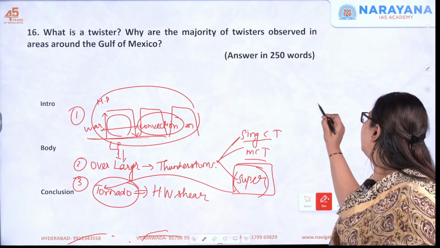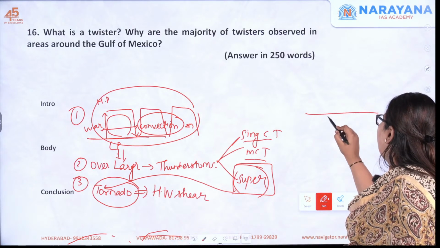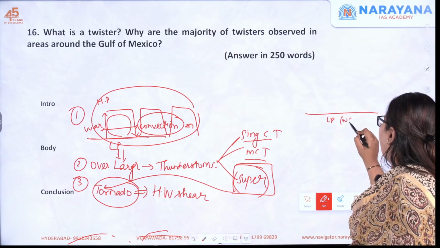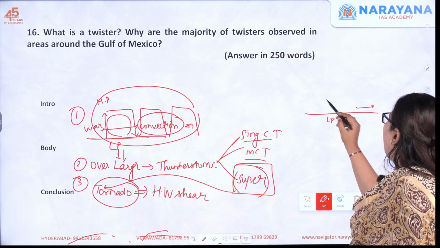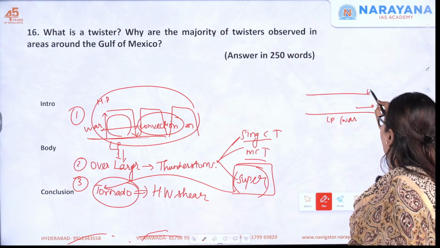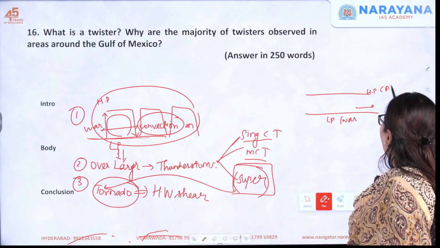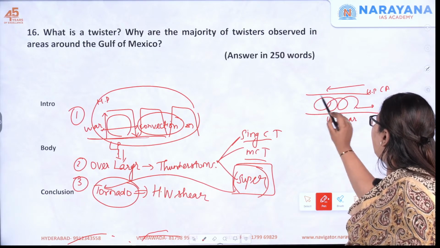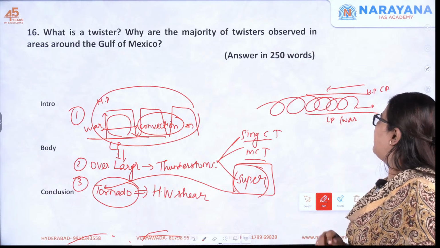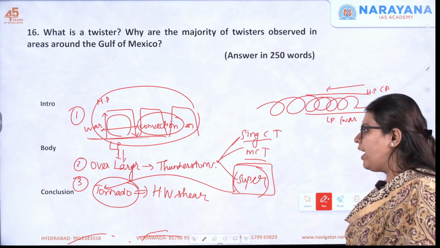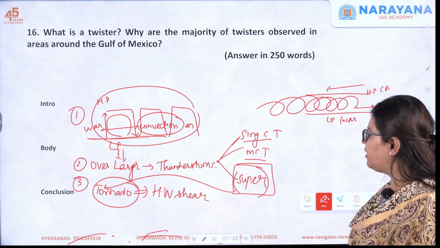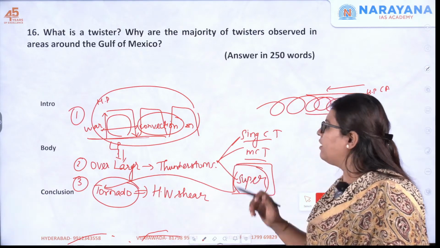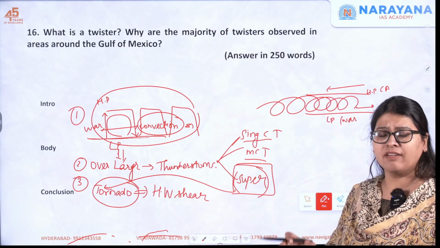Then what happens? If this is warm air, low pressure, moving in this direction, and then it is characterized by high pressure, cold air, moving in this direction, what happens? The air in between, right? This actually swirls like this. Understood? And one of the characteristics of this supercell thunderstorm is that it has a very high